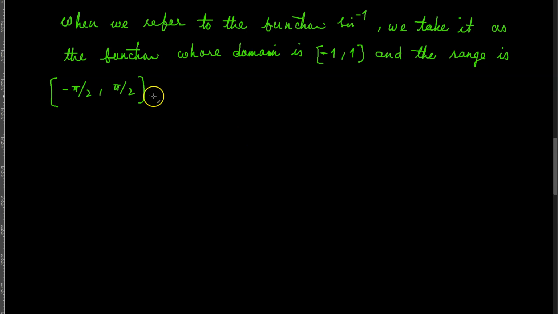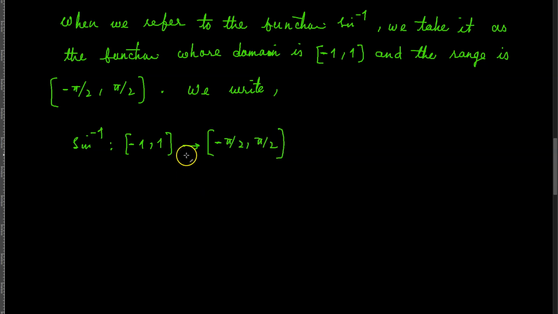And we write: the sine inverse function is basically a function from the closed interval negative 1 to 1 to negative pi by 2 to pi by 2, right? From the definition of the inverse function,